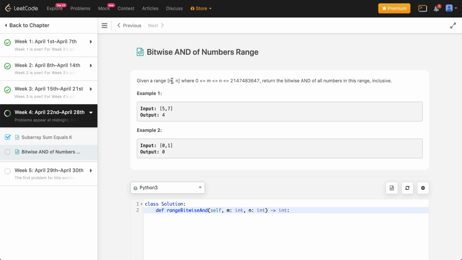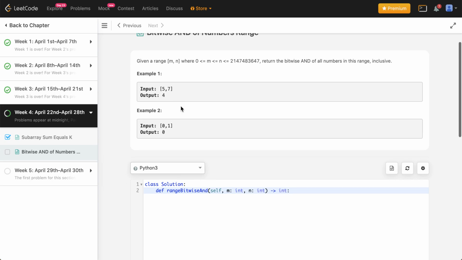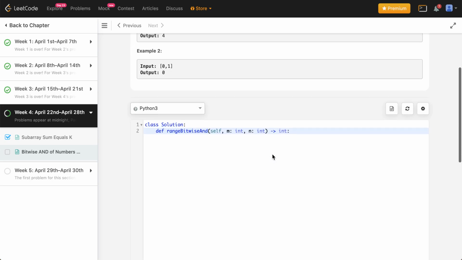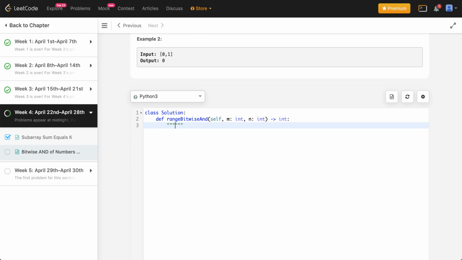So you've been given a range m, n where 0 is less than or equal to m, and m is less than or equal to n, and n is less than or equal to some big value, and you need to return the bitwise AND of all the numbers in the range inclusive. Inclusive meaning that m and n are inclusive to the range. So you've been given an example over here where you have 5 comma 7 and the output has been given as 4. So if you know how bitwise operations work, you can sort of skip forward,